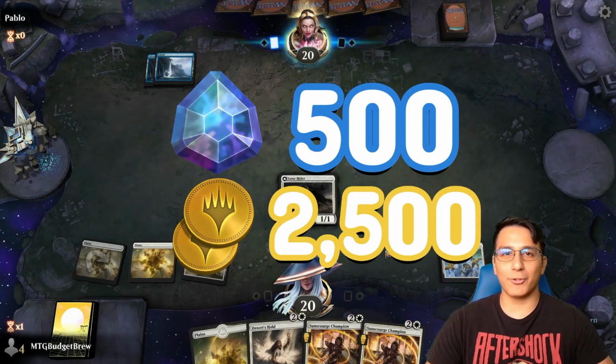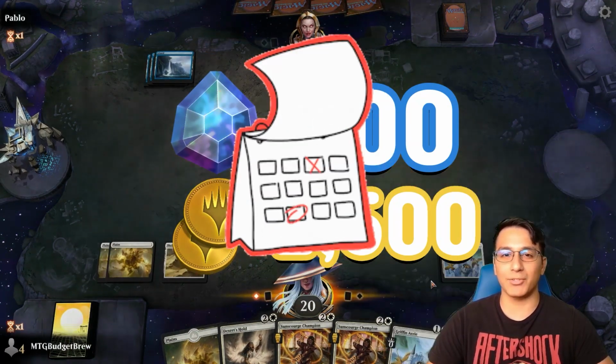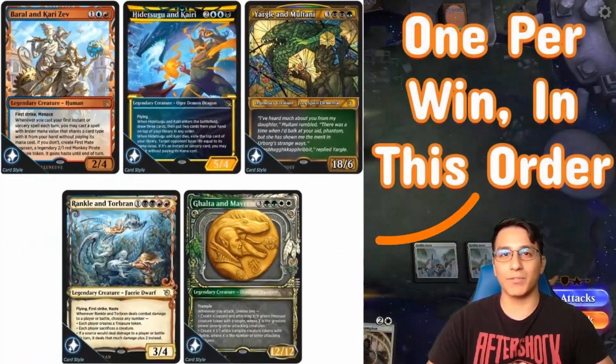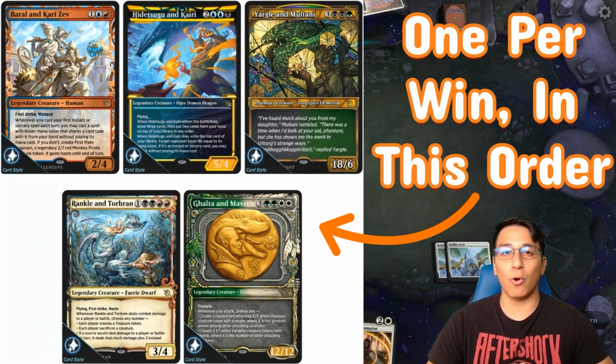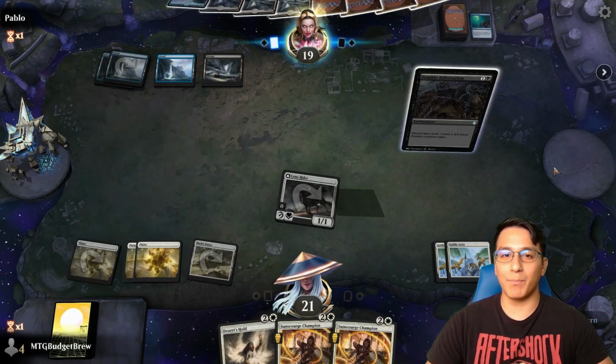For either 500 gems or 2,500 gold, you can participate all week long, playing as many matches as you want, and there are even prizes for your first 5 wins. You can get some dope card styles. So today, I'm going to show you a few of the decks that I've been using, but before we even get to those decks,